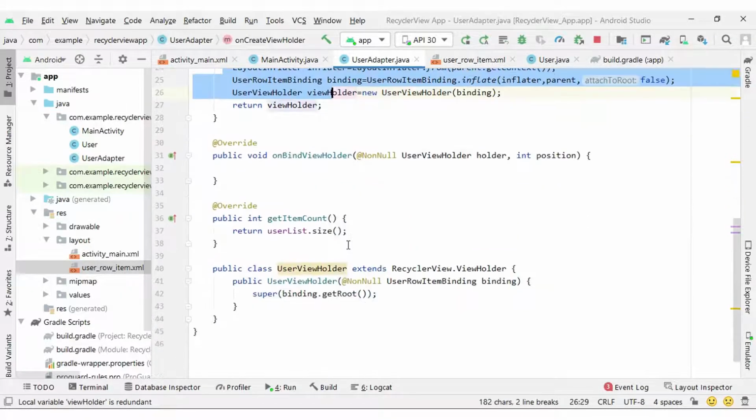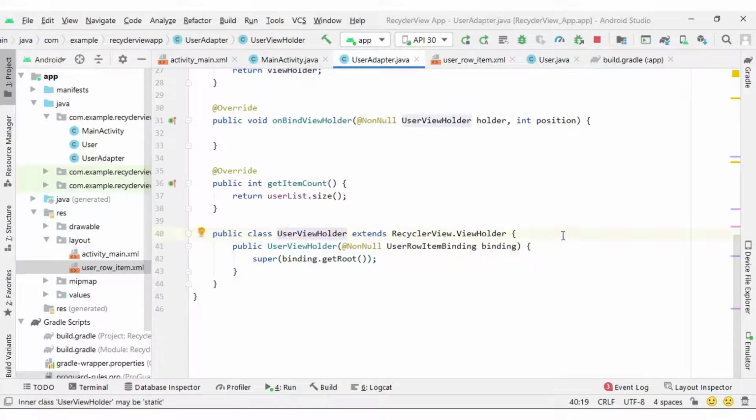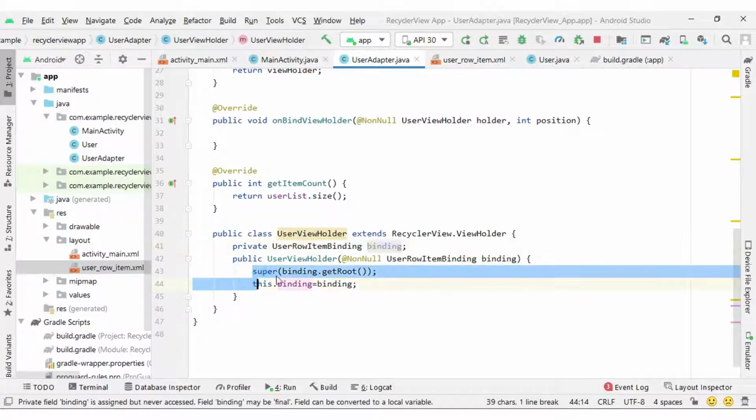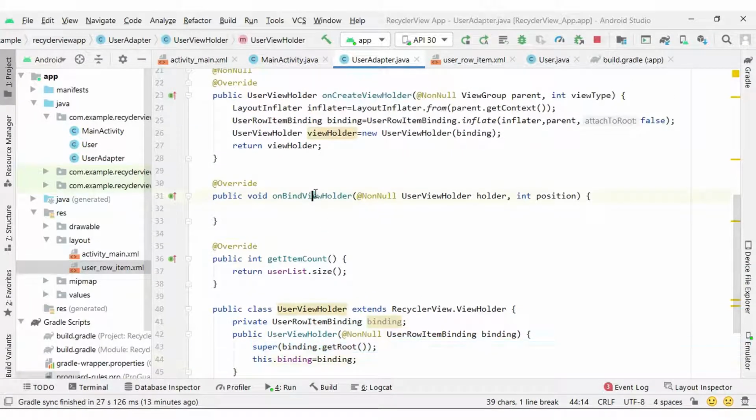Next we need to create the instance here. You can see the UserRowItemBinding instance we need to declare here, and we can write this.binding = binding inside our constructor. So the binding instance is ready with us, and finally onBindViewHolder. You can see we have position and the UserViewHolder instance.